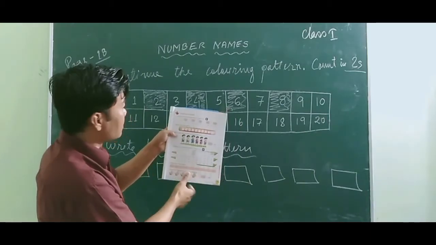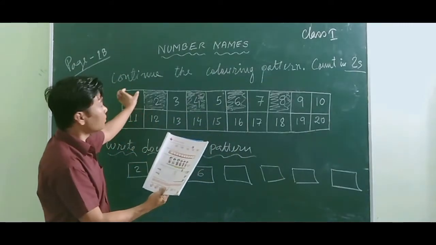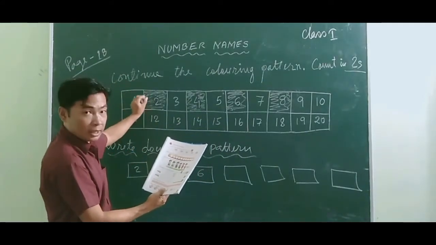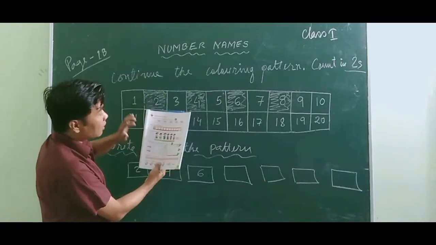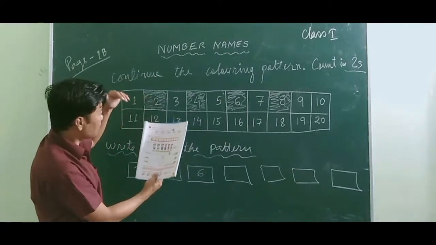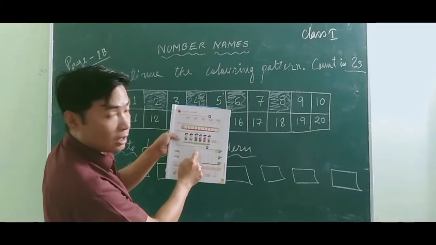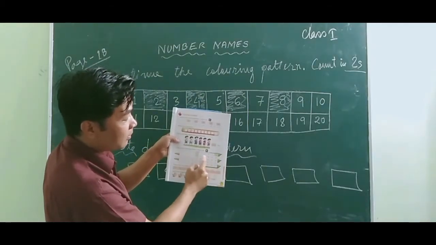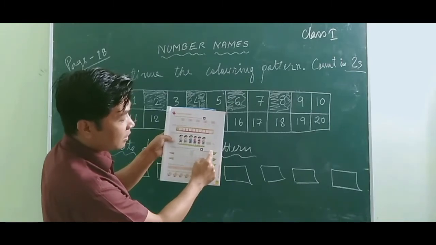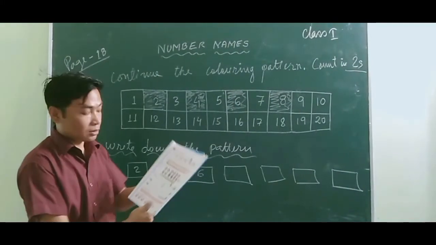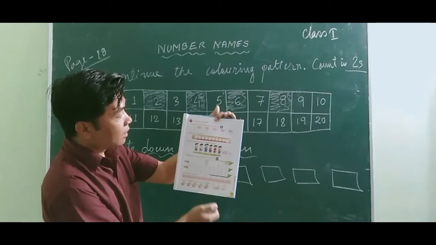So here same like this. Here we count in twos, means we count 2 digits and then we color it. Here we have to count up to 5 digits. It's like skipping 5, okay. 1, 2, 3, 4, 5, and then you color it. And then you skip another 5. 1, 2, 3, 4, 5, and then you color it. So it is very easy, very simple.